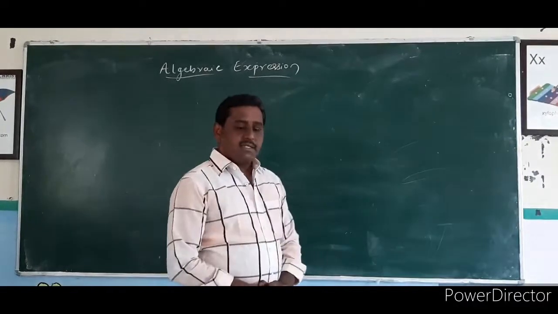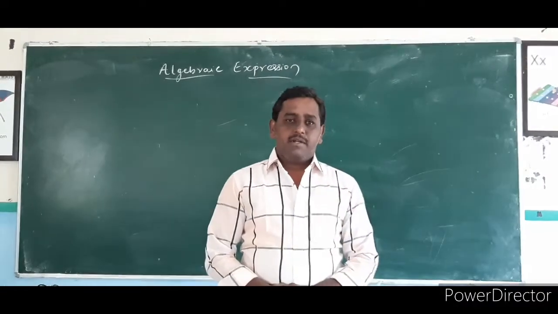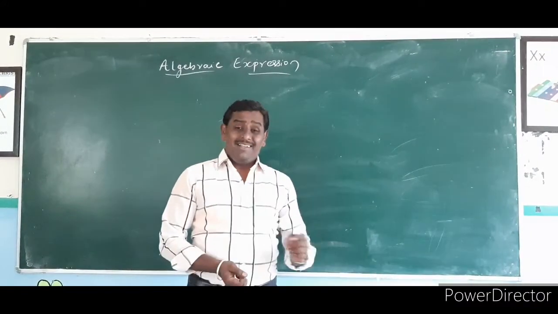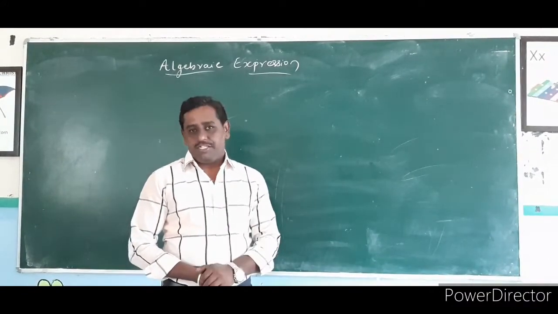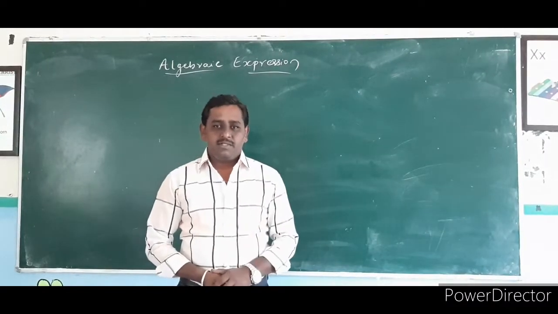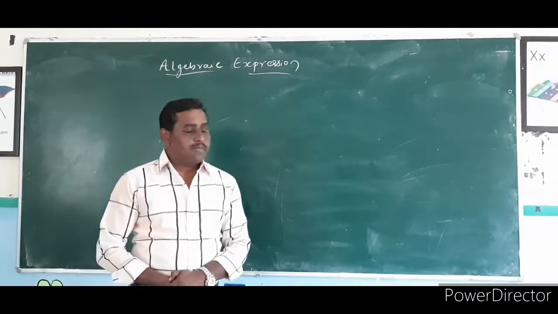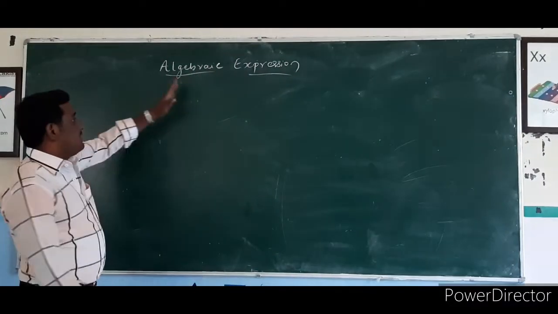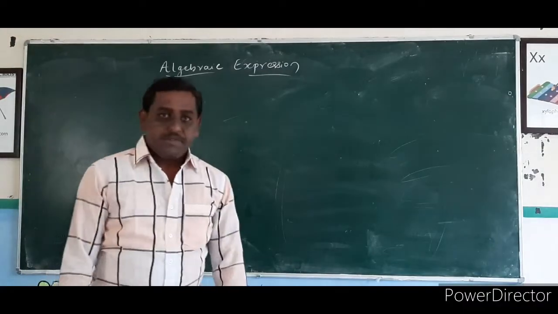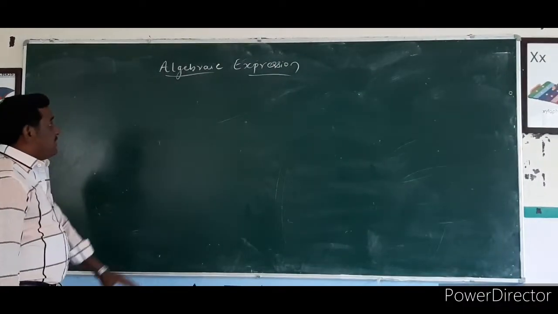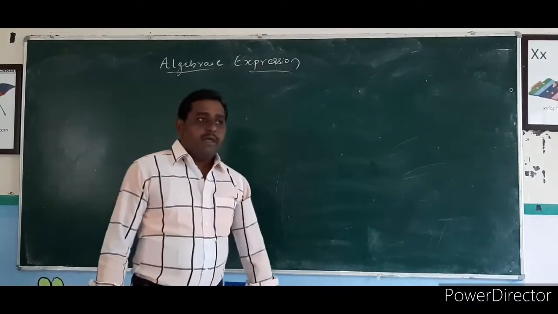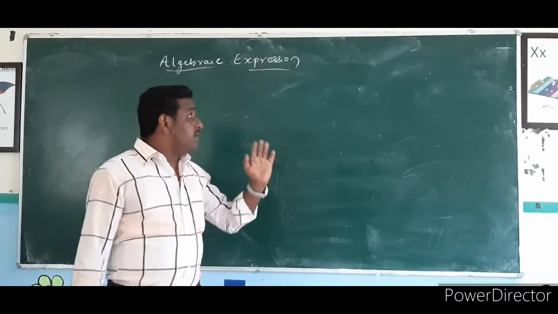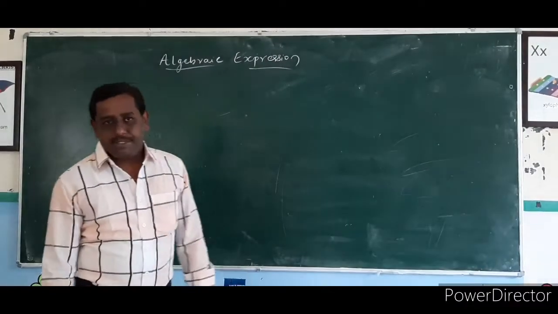So, in our last class, we studied some arithmetical parts of mathematics, the rational numbers and exponents chapters. After these two chapters, now I am going to another part of mathematics called algebra. In that part, the first lesson is algebraic expression. Before we go to the meaning of algebraic expression, in today's class we learn some important terms, the important points in the algebraic expression.